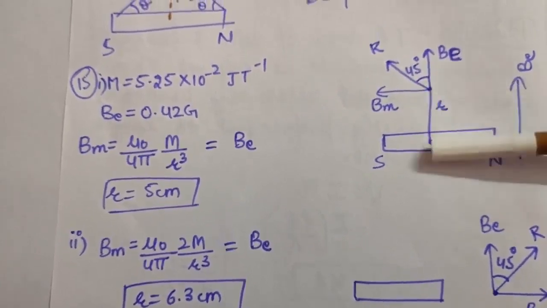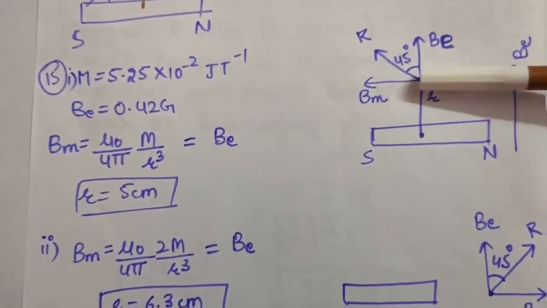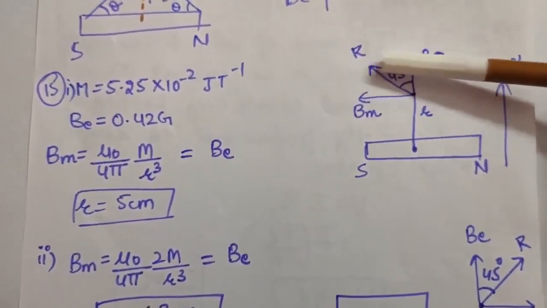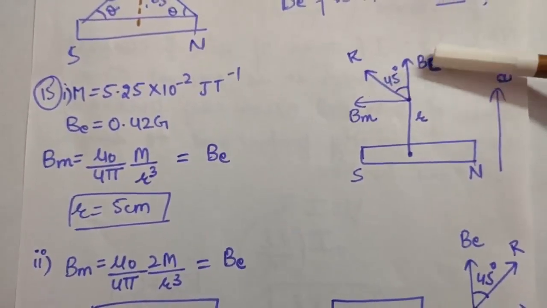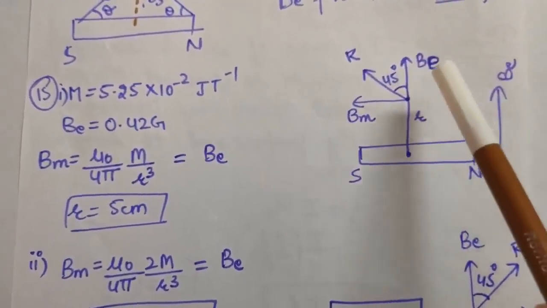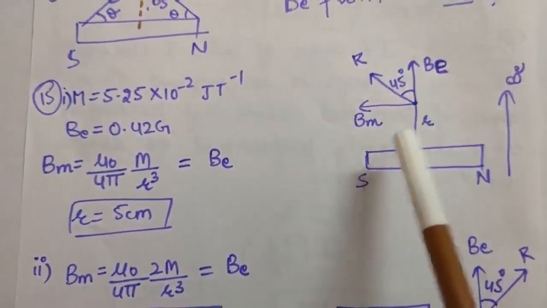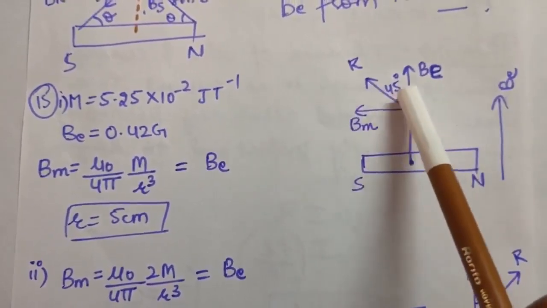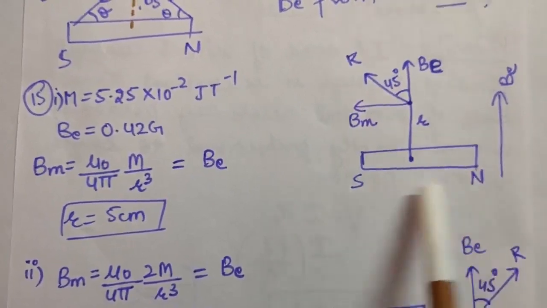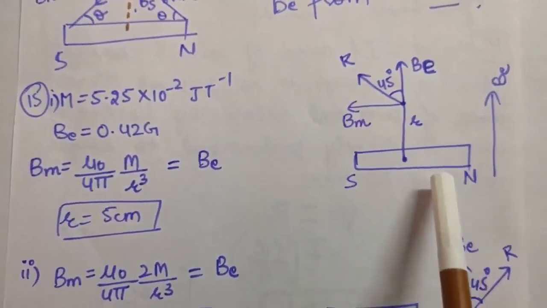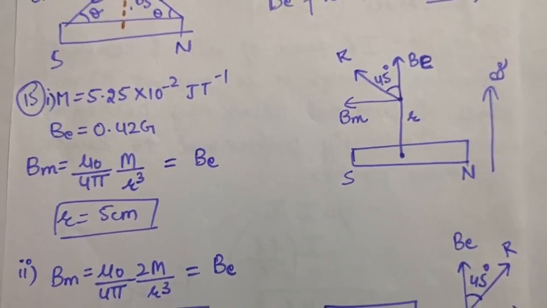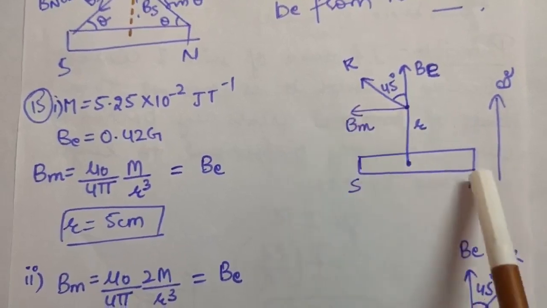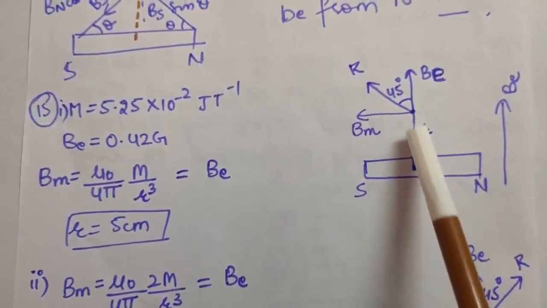That means we have to go on the perpendicular bisector in the first part. It is saying at the perpendicular bisector, at what distance will the resultant make an angle of 45 degrees with the Earth's magnetic field. So this is the Earth's magnetic field, which is perpendicular to the axis of the magnet, and this is the resultant which we have supposed is making an angle of 45 degrees. Now you know that on the axial line of a dipole the magnetic field is from south to north, and on the equatorial line it is from north to south. So this is the equatorial line, so the magnetic field will point from north to south. We have to calculate this distance.